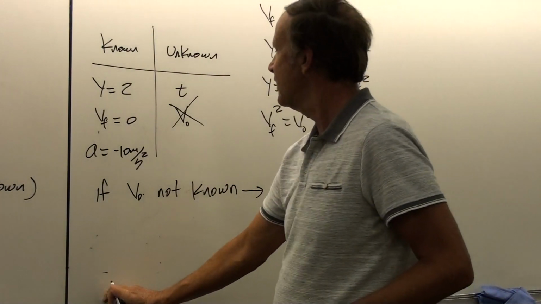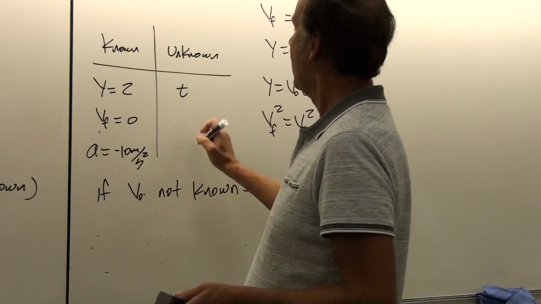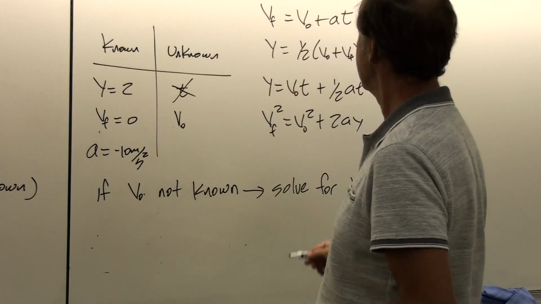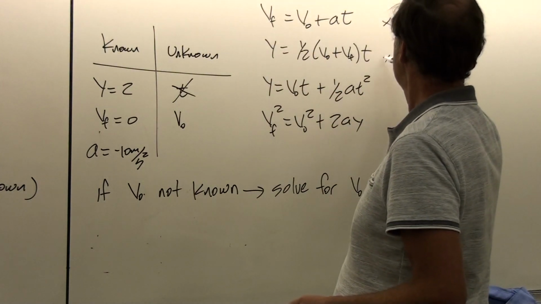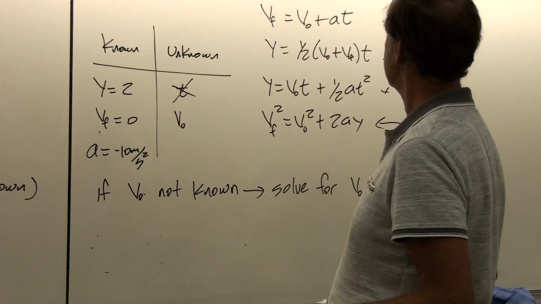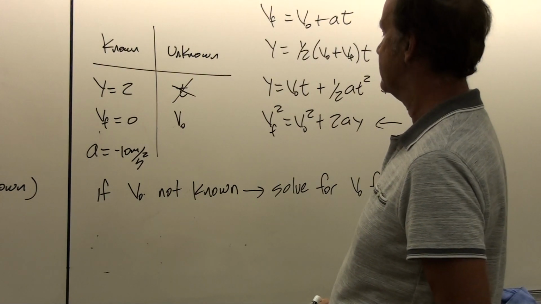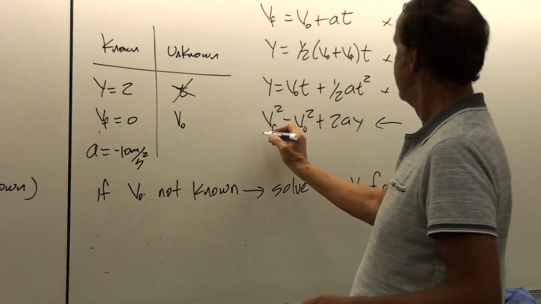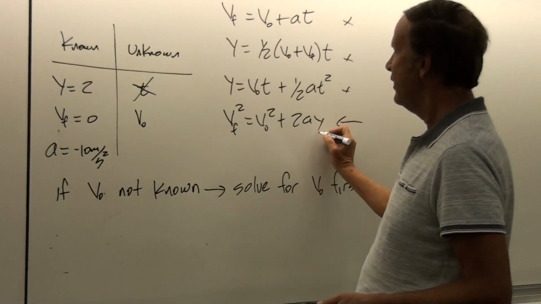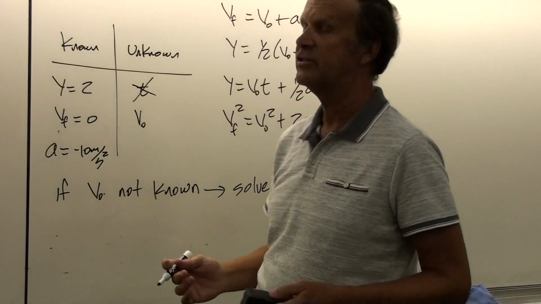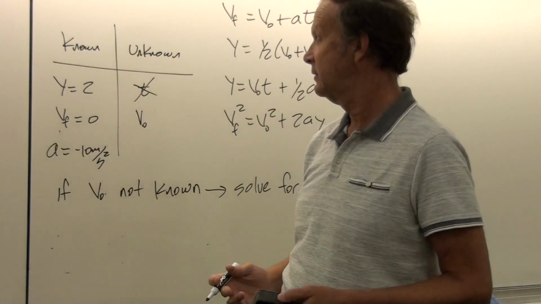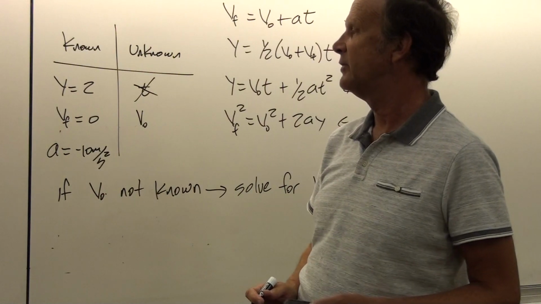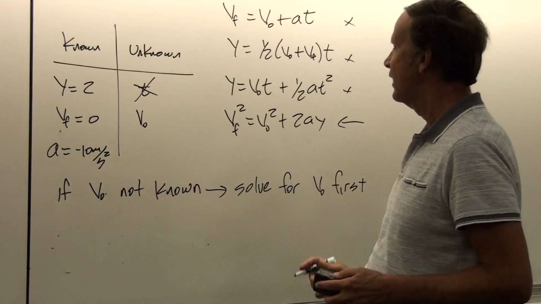Which, in other words, is the same thing as eliminating all of the equations that have time in it. Okay, so if we get rid of all the equations that have time in it, that leaves us with the last equation. And then we can solve that equation for v naught. And so that's what I'm going to want to do first, is solve this equation for v naught. Then I can go back and choose whichever equation I want to get the time of flight. And so that is the key thing then, if we don't know what v naught is, we've got to just drop everything we're doing, solve for it first.